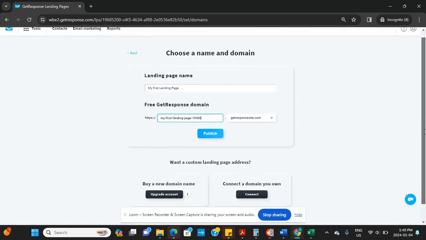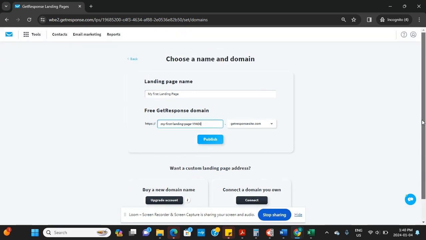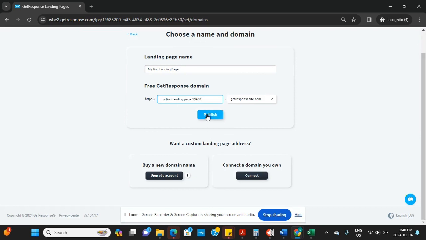And then this landing page can be hosted here. If you have a domain, you can just connect your domain easily. If not, GetResponse has a domain that can host it for you. But it's very good that you have your own domain, which will show the name of your website and it's hosted on your own server. So if I publish this,